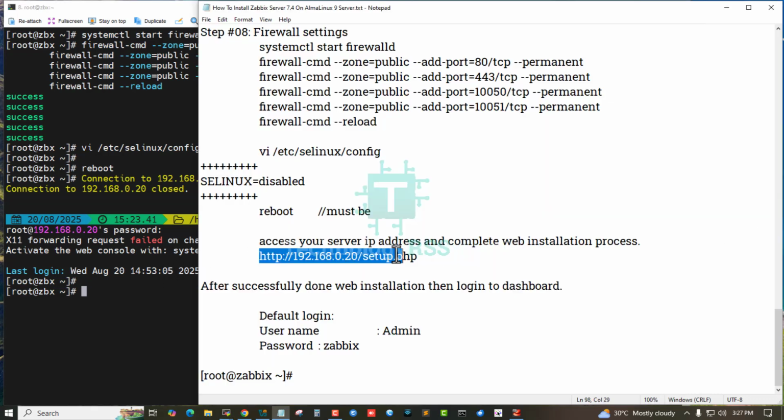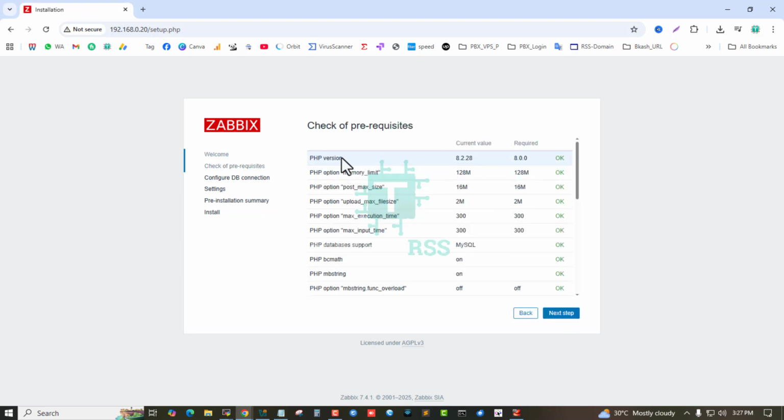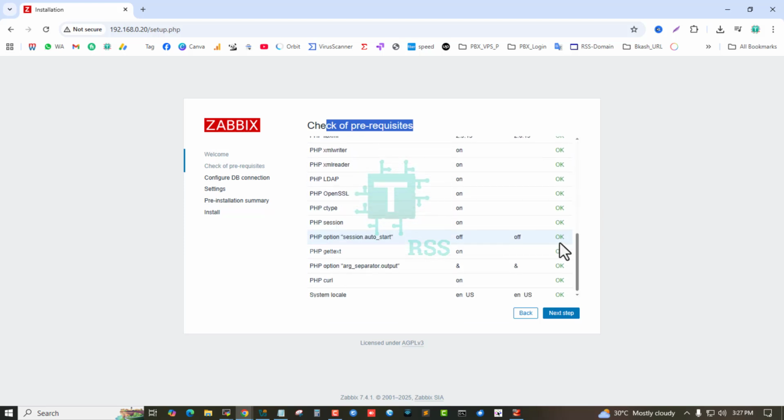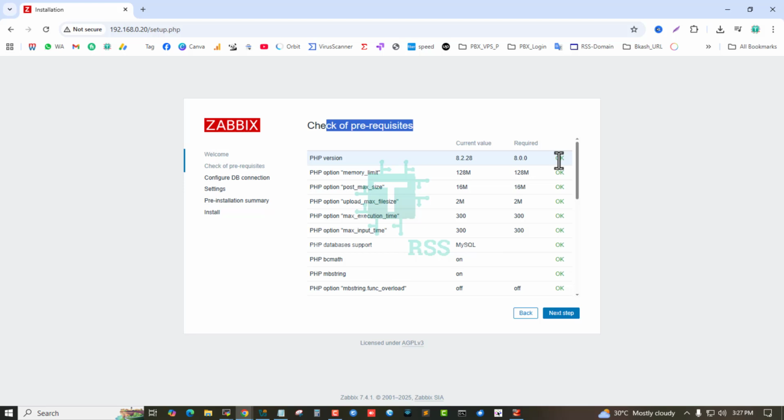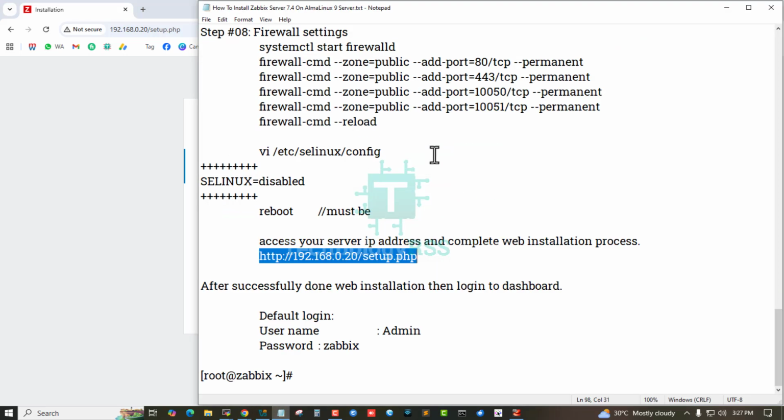Now my server is coming up, then access your server IP address and complete the web installation process. This is Welcome to Zabbix 7.4. Next, this you see is the pre-installation summary. All statuses are okay. If you see any error, you can go into the next step, DB name, password, and it should be your